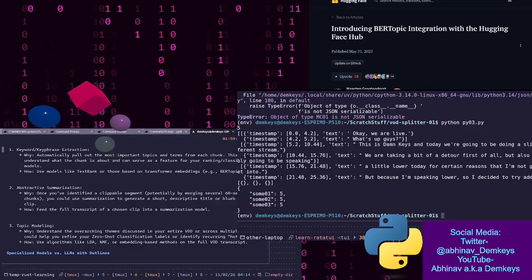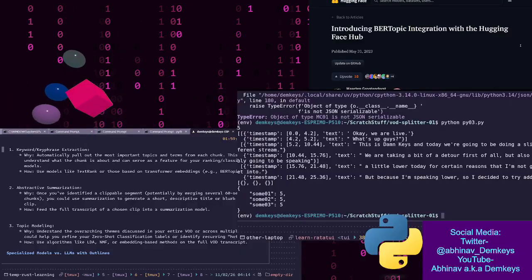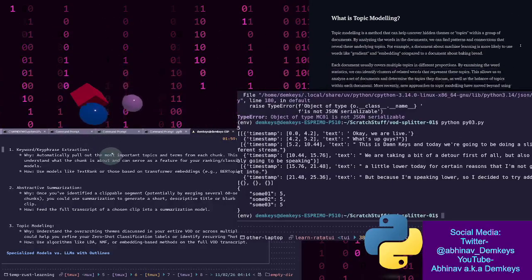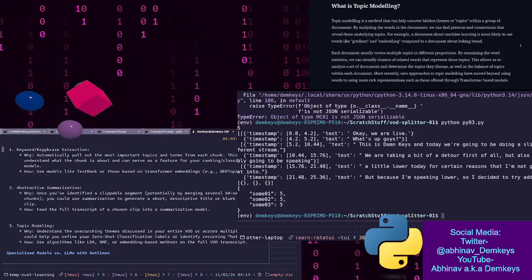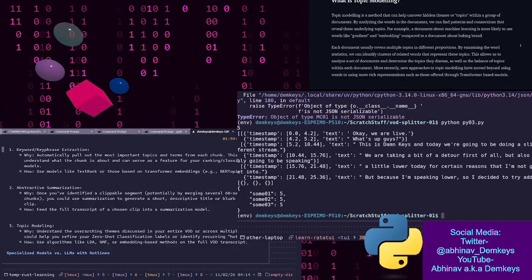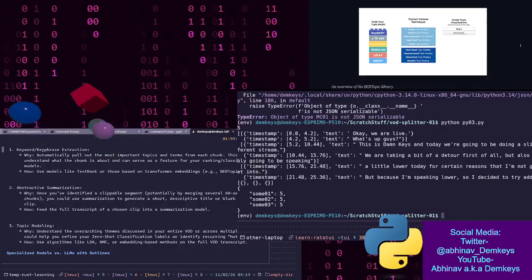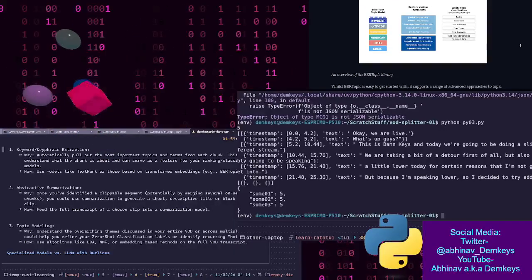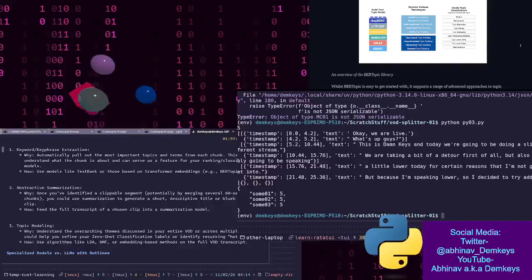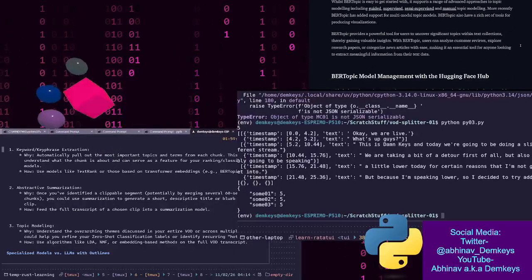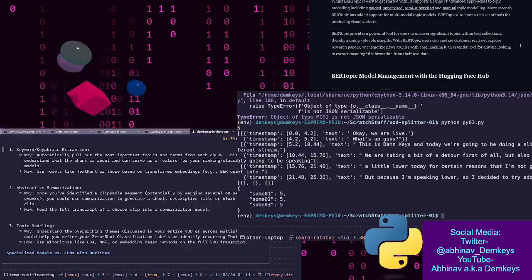Okay, so I've got something to read here. They're explaining what is topic modeling and then what is BERTopic. They have this nice animation that's explaining various things. I feel like I can use this,